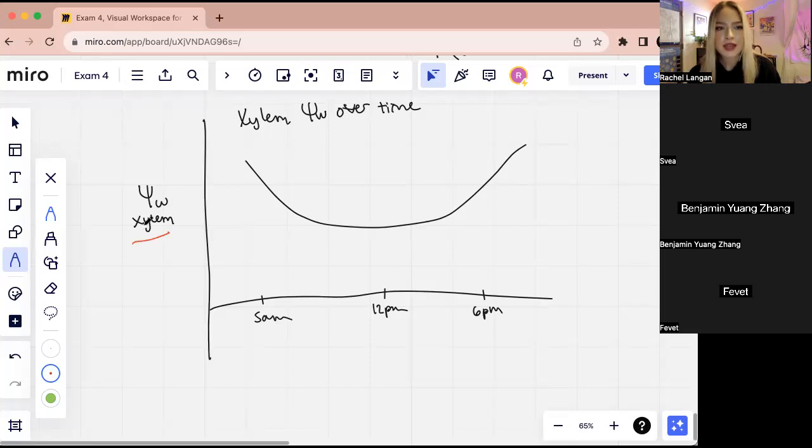Well, remember, as the xylem water potential goes down, that means there's more tension, more negative pressure. What's the source of that? More transpiration. So I know that the transpiration rate must be going up all throughout the region that the xylem water potential is going down. So it should look exactly opposite. And then when the xylem water potential is not going up and not going down, the transpiration rate is at